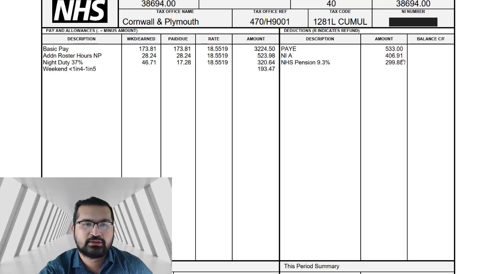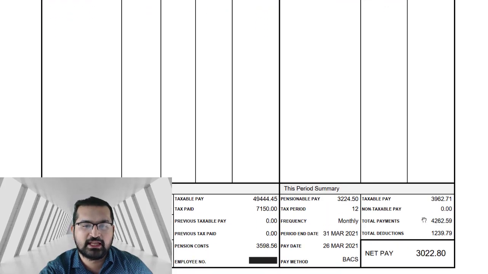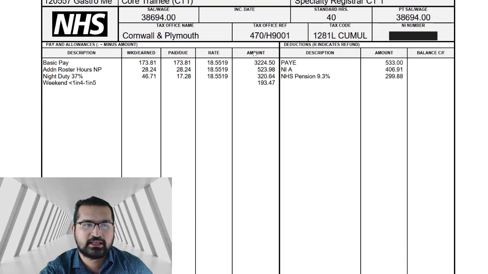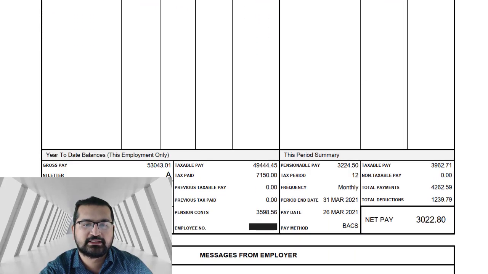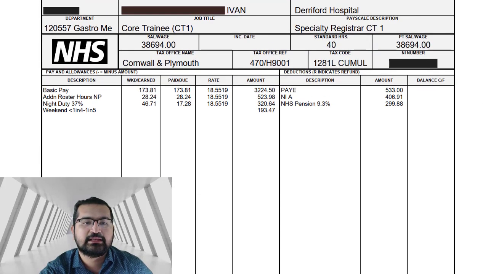And this pensionable pay is based on what level you are on, and this pension contribution gets deducted from the overall amount, which is this. This comes from adding all of this, and the pension gets deducted from this, and this becomes the taxable pay. So you don't pay taxes on the pension contribution. So you can have some of the things which could be deducted before the tax is